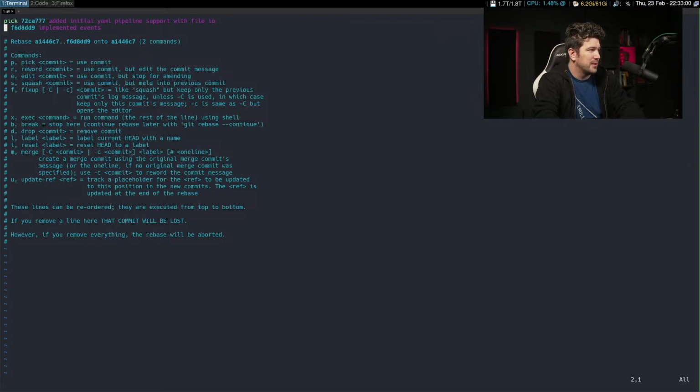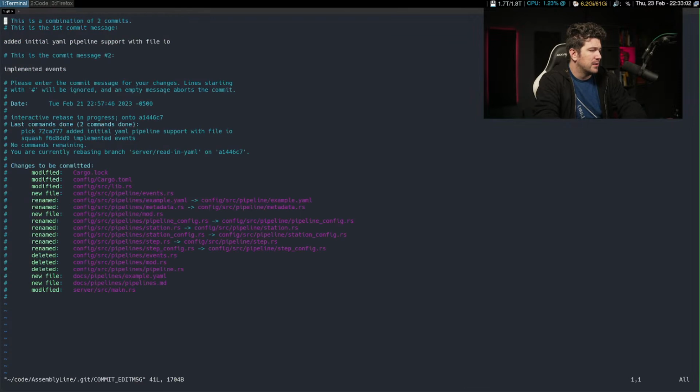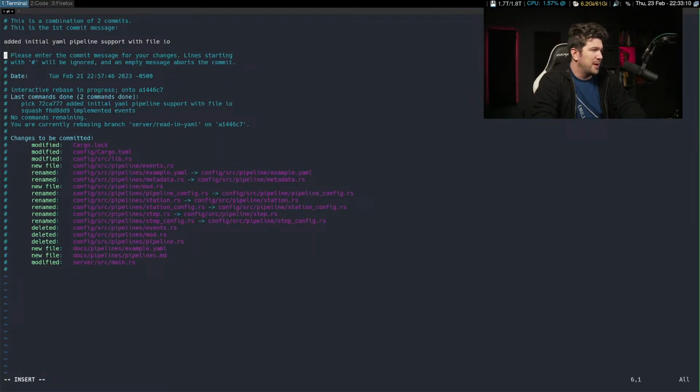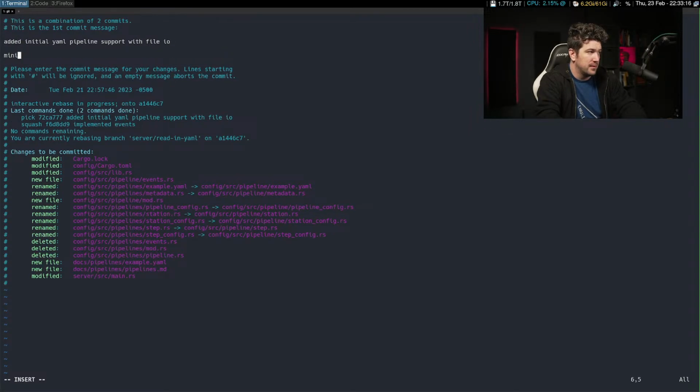That's not what I meant to do. All right, whatever. Add initial YAML pipeline support with file IO. I think that's pretty much it.